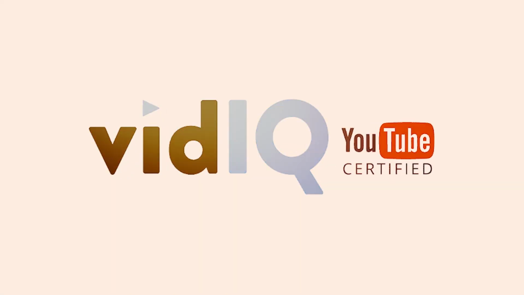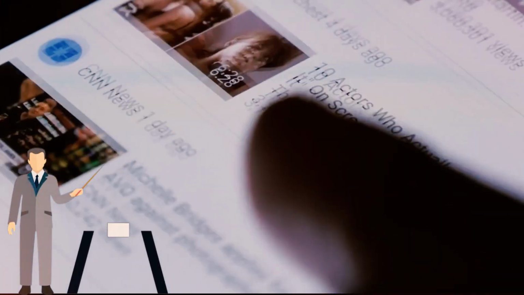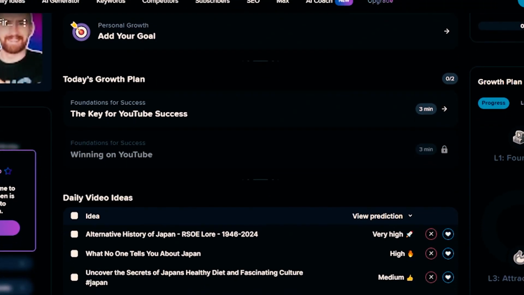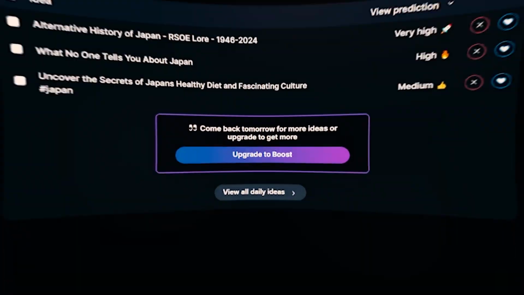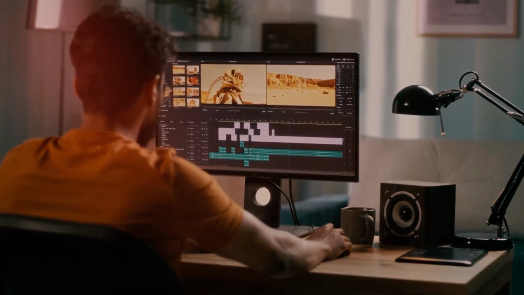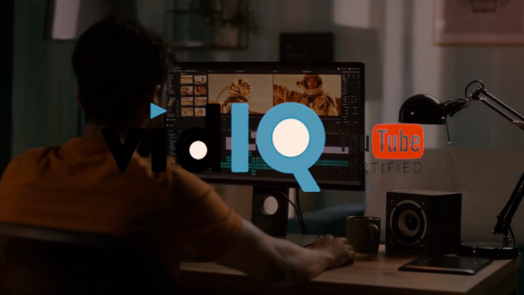Tool number 4, vidIQ. Now let's talk about optimizing your videos for discovery and growth. vidIQ is a must-have for every YouTuber. It helps you understand search trends, choose the right tags, and maximize your video's visibility. Strategic video planning becomes a breeze with vidIQ. Tool number 5,